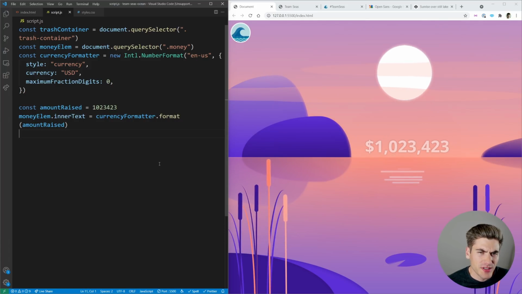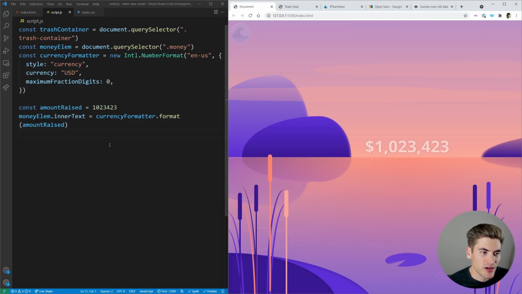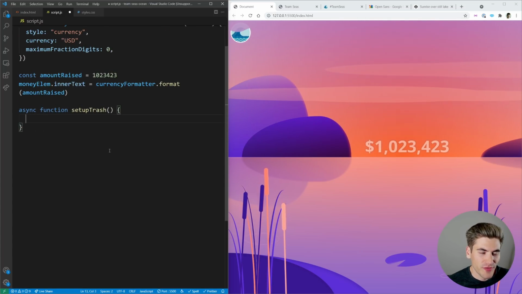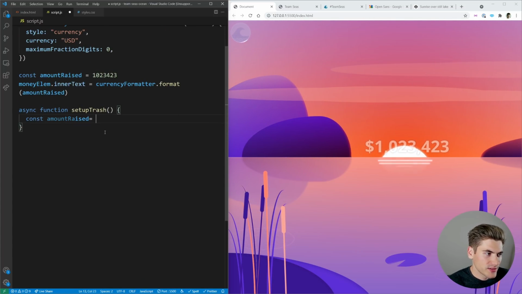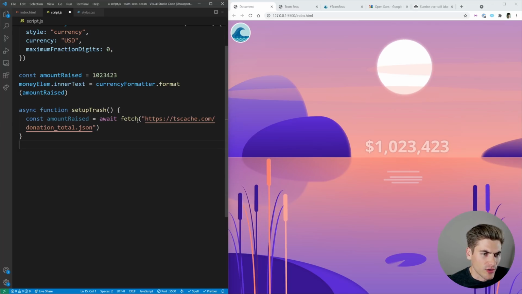Now, obviously, we want to get the actual amount of money raised from the TeamSeas site instead of just using a random number. So to do that, let's create a simple async function called setupTrash. And the reason this is an async function is because we're going to use fetch to be able to get the amount of money raised. So we can say const amount raised is going to be equal to awaiting a fetch call, and we're going to fetch to this URL right here, which is